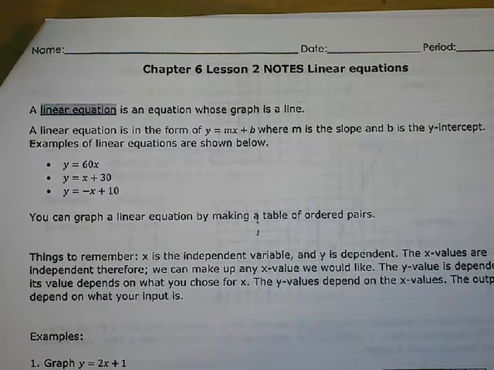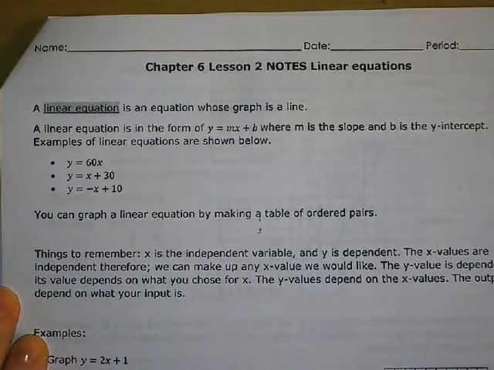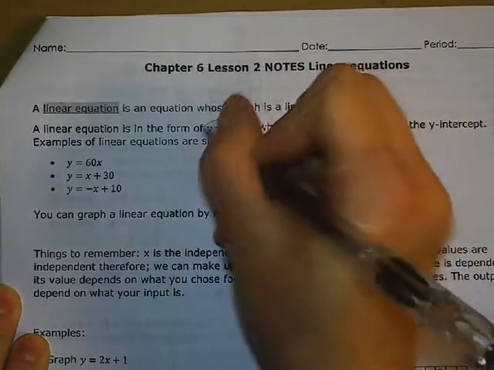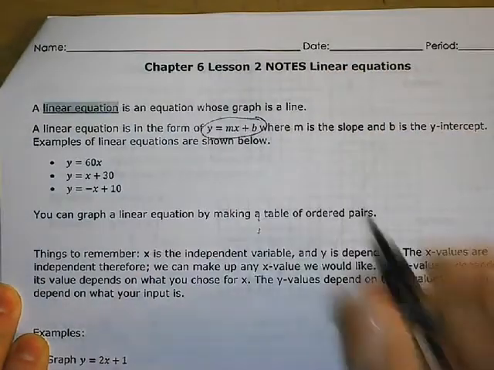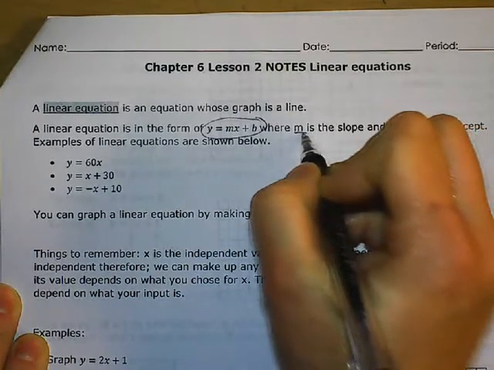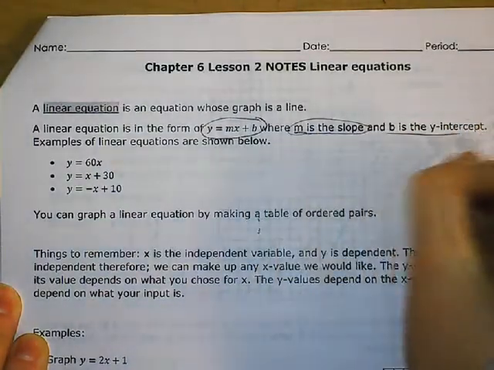Chapter 6, Lesson 2, Notes, Graphing Linear Equations Using Substitution. A linear equation is an equation whose graph is a line. A linear equation is in the form of y equals mx plus b, where m is the slope and b